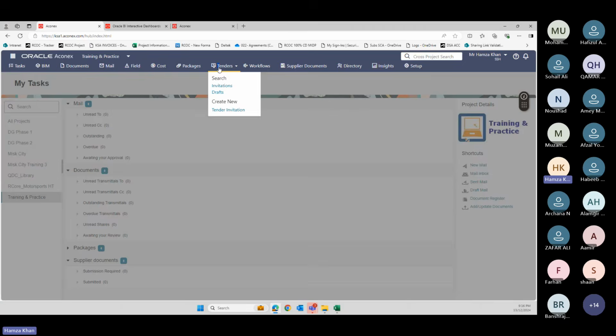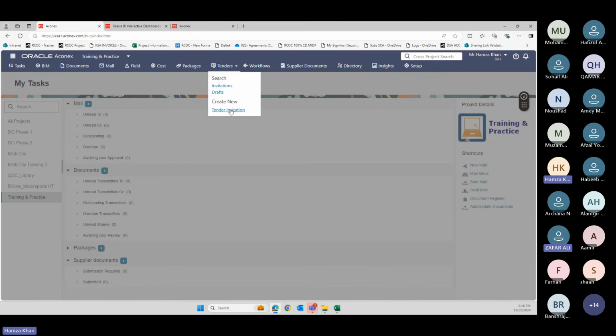At that part, tenders come in, where I create an invitation, upload all the required documents in my tender, and send it to the concerned person or the concerned company. They will review it, and then